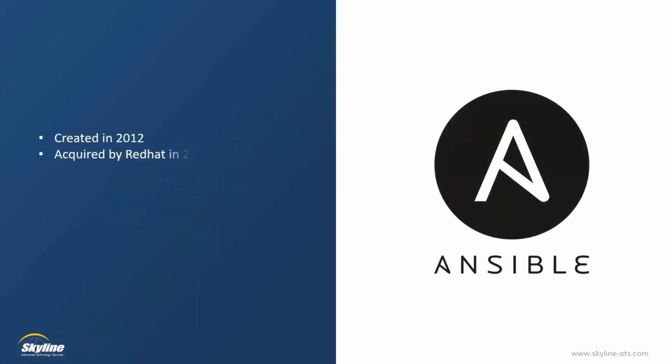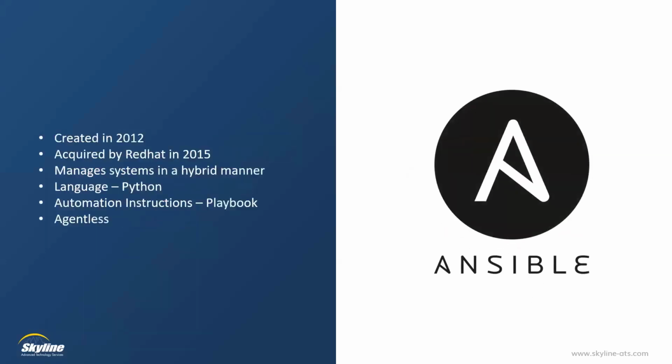The other one that you will run into is what's known as Ansible. Ansible, you'll see a lot more being used in networks. It was created in 2012. It was acquired by Red Hat in 2015. Its management system is more of a hybrid manner, meaning that it can be procedural or it can be declarative. It basically depends on how you run it, right? If I run it from the command line, just commands, it can be procedural. If I make playbooks out of it, a playbook is kind of like a catalog in Puppet, right?